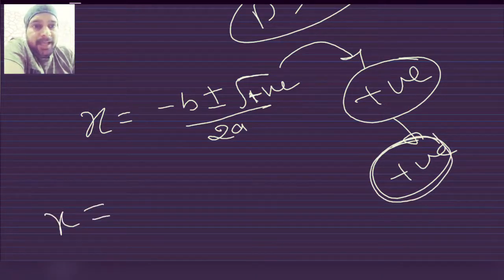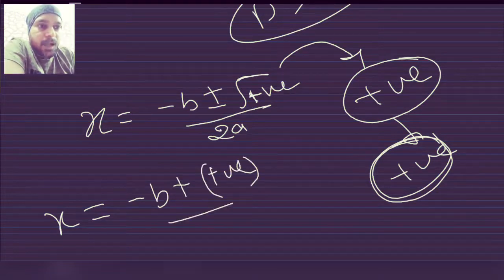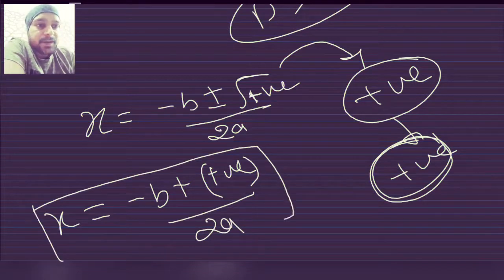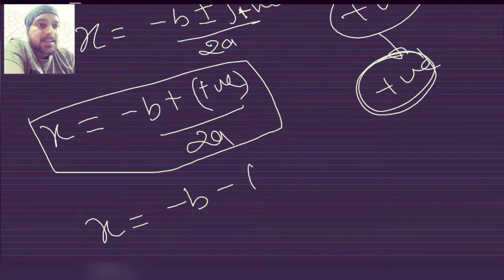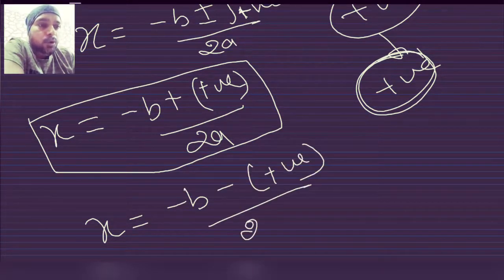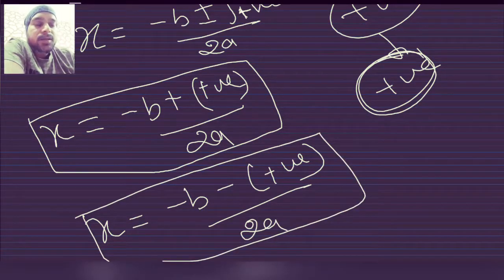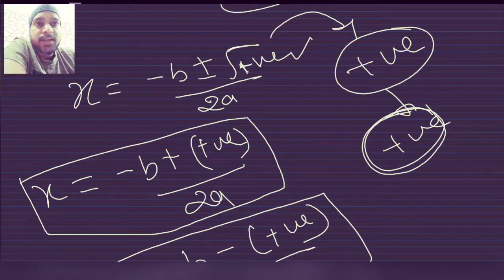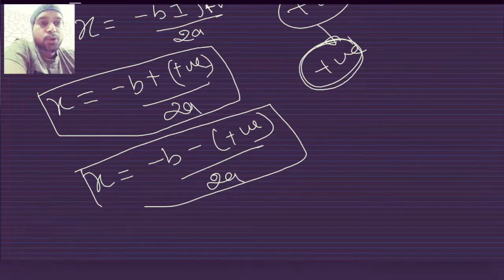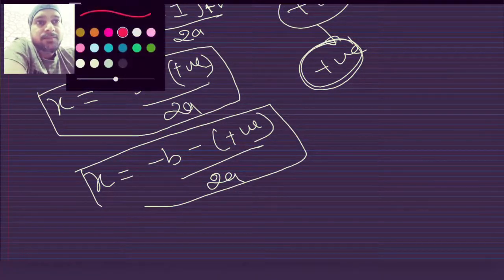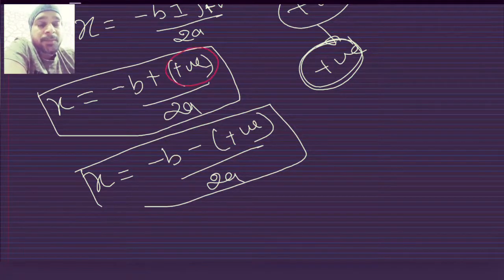So what is going to happen is that x will be equal to minus b plus some positive number upon 2a. That will be the first value of x, and the other value of x will be minus b minus some positive number upon 2a. Is it clear? Since our discriminant was a positive number and the under root of that will be a positive number, the two answers of x which you are going to get are x equal to minus b plus some positive number, and x equal to minus b minus some positive number, with 2a common in both, right?